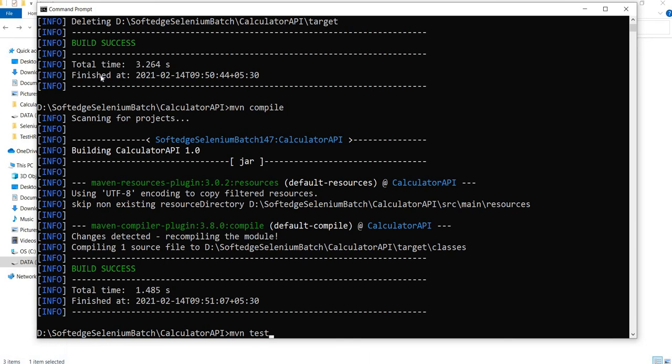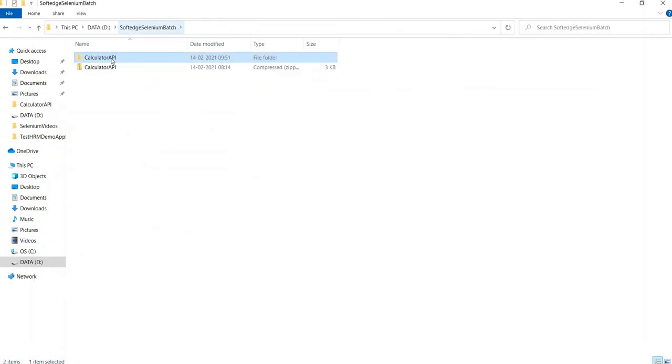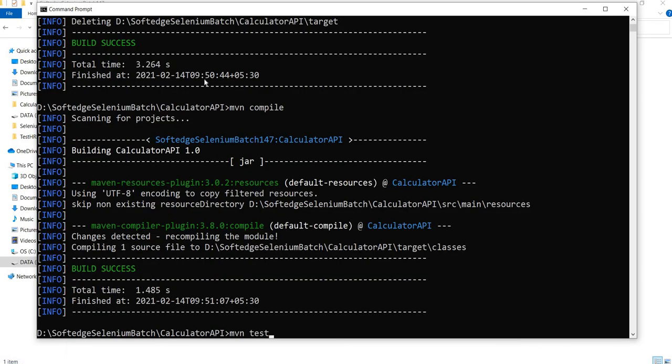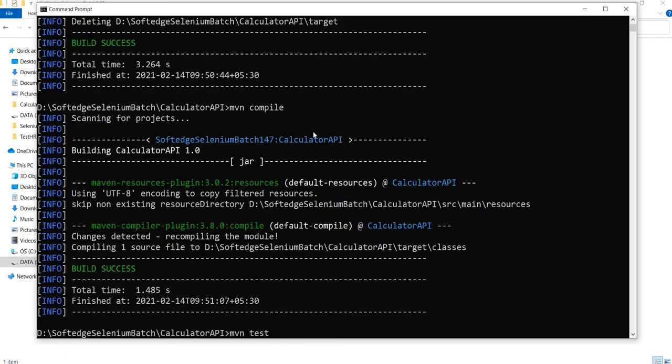Again the compilation would be done, but the compilation of test classes, unit test classes would be done. So that is the compilation of this class is done, src test java, and here we have our unit test cases, right? So this will be compiled and then Surefire plugin will start, right? So each phase, execution of each phase can be triggered by running the commands.